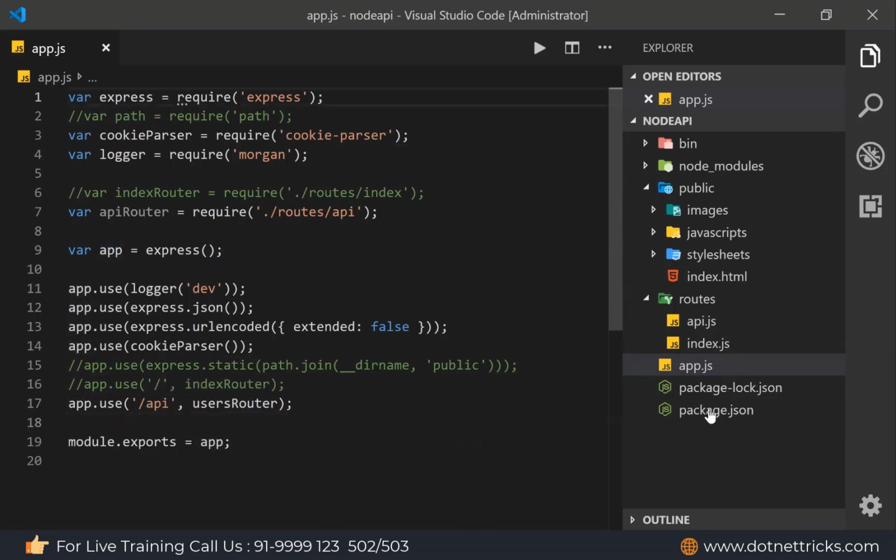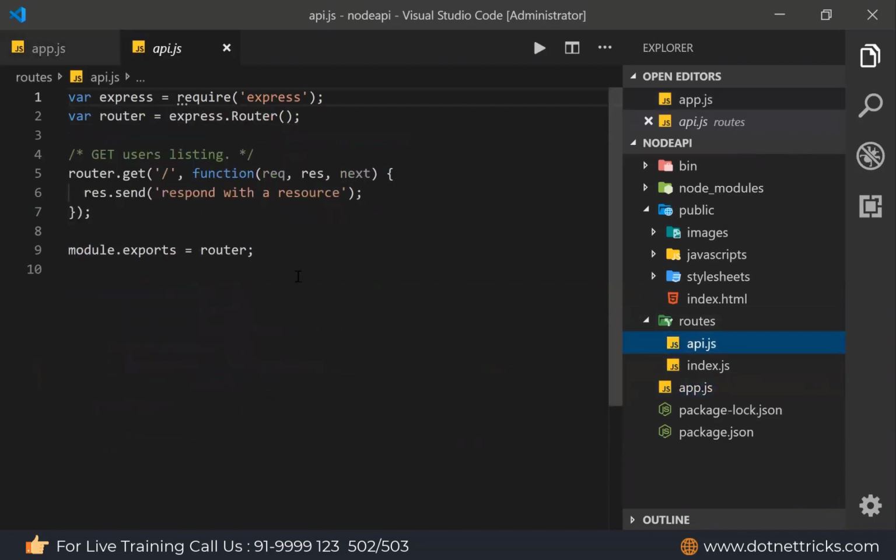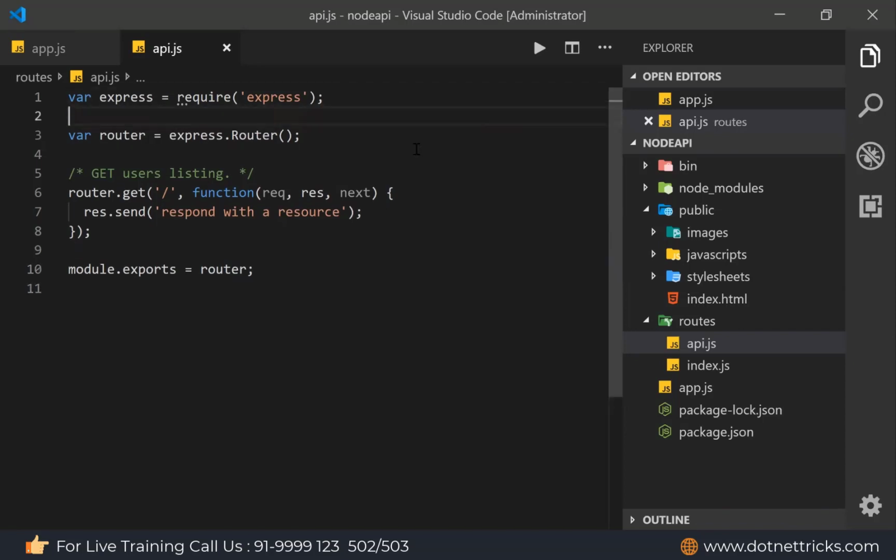Let's say API. So in the API we need to write the code here. So here if you will see they have just written a simple code. So this is a simple code, it's available here for creating the API. So what we can do here, we can use the Express router we already created. And for HTTP status code, there is a status code. Obviously, we need to return whether the